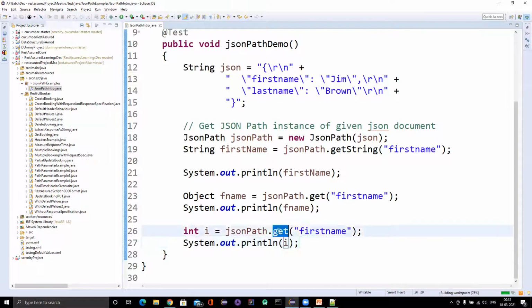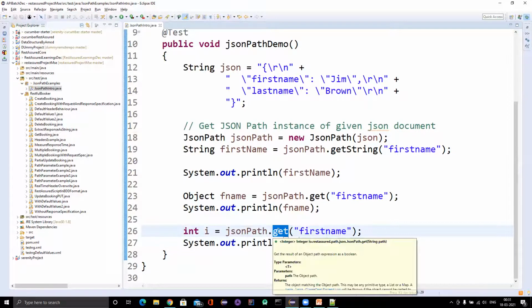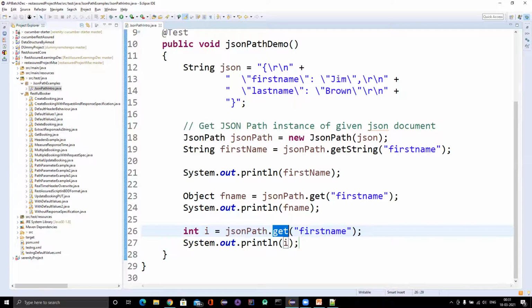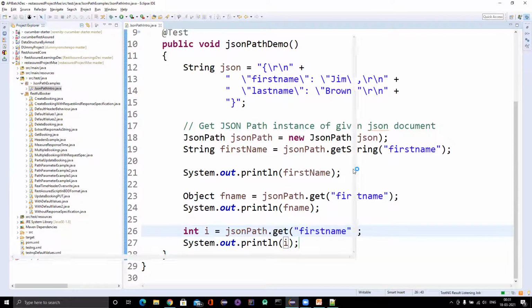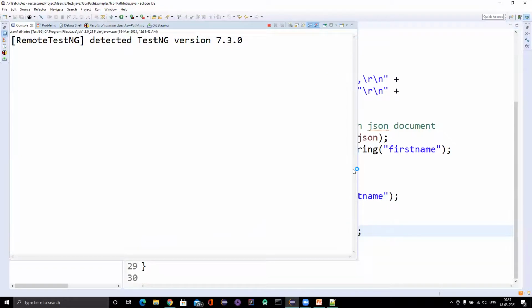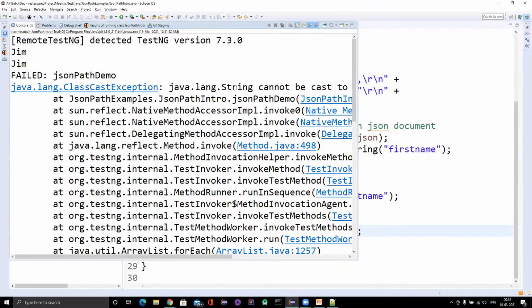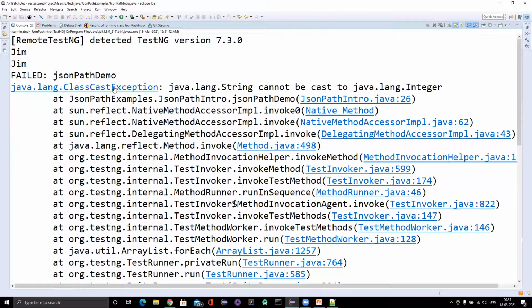So this particular get method will return an object, but I am trying to store that into an int. But if you see, the value of first name holds a string. Let me run and show you the output. Okay, now we got the error, and you can see it is giving a class cast exception.